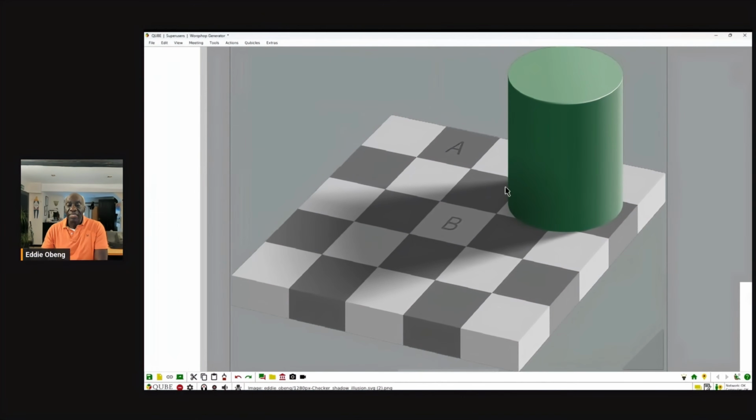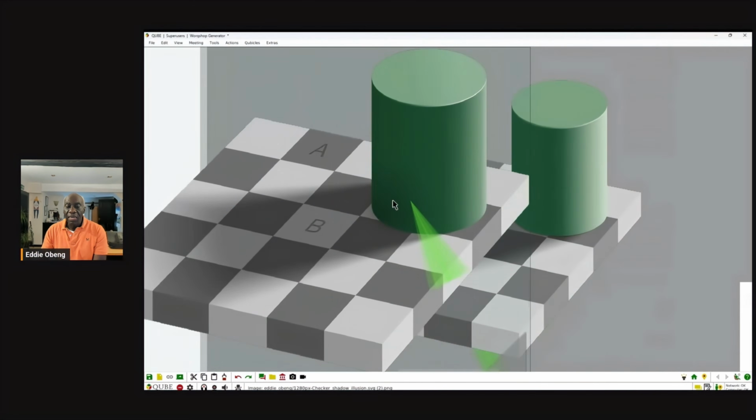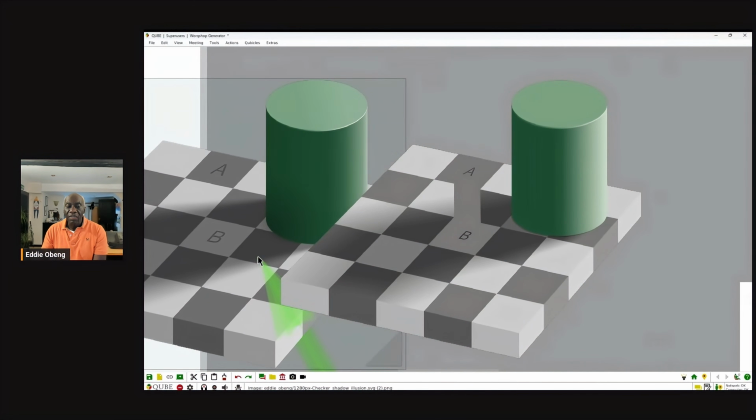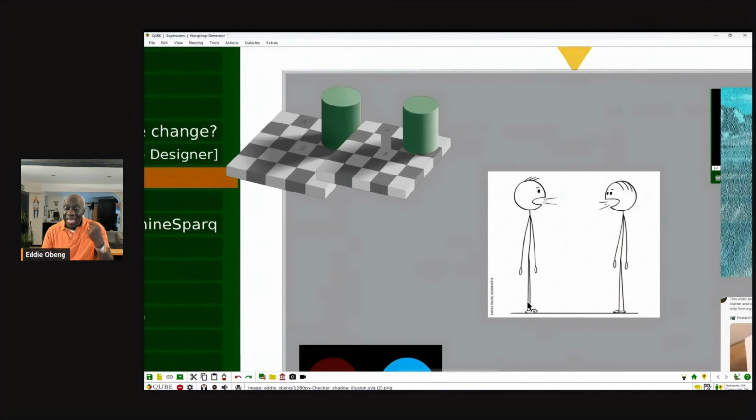So one of them is this. This is a lovely different visual illustration. You can see the square marked A, and hopefully you can see the square marked B. And they look like they're different colors. But bad news for you, they're exactly the same color. Okay, they're exactly the same color. And what's happened there is, I'll leave it so you can see it. What happened there is, because you saw the shadow, your brain has interpreted it. So the context made you think that the B was lighter when it's actually a darker shade. I know it sounds crazy, but that's what happens.